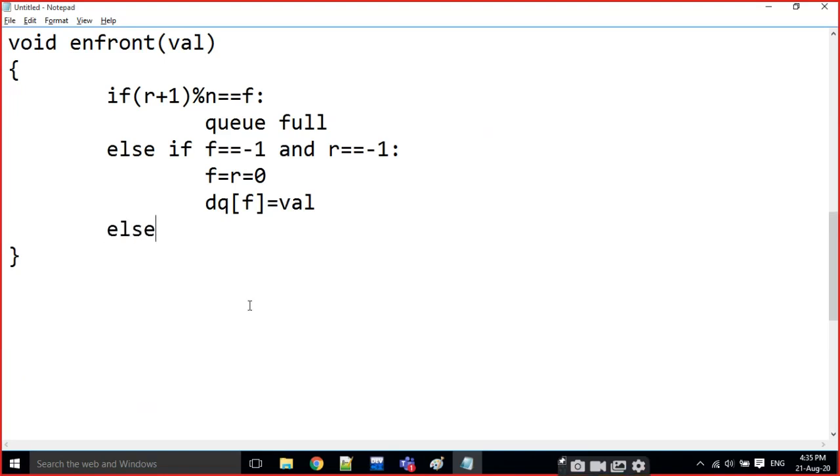One more condition is there. In a circular queue there are only two conditions, then the third one is else. Here, four conditions are there. What is that?